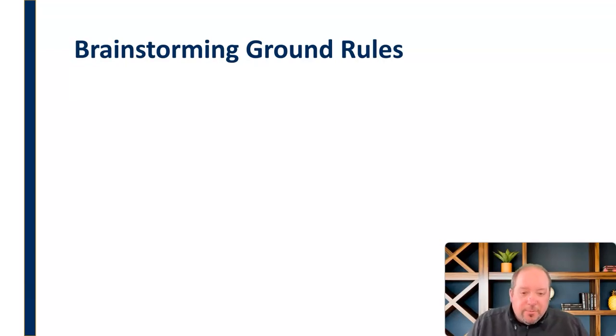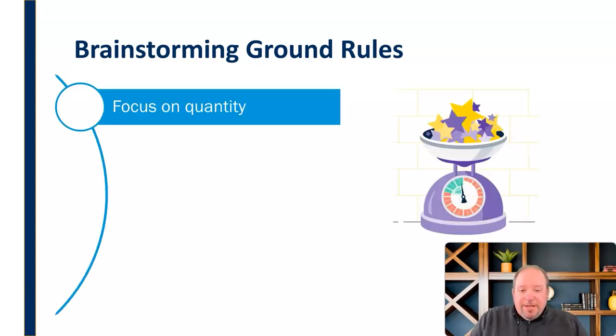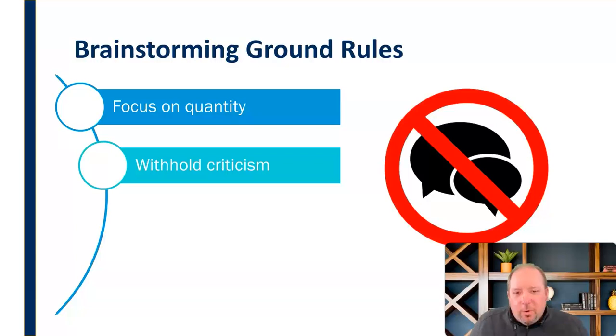It puts this framework in place for us to share ideas and go through this process. So the ground rules for brainstorming are, first of all, you focus on quantity. You worry about quality later, but at first you focus on quantity. If it's an idea, you put it out there. So we want as many possible options as possible in brainstorming. So you focus on quantity, not necessarily quality. When we're brainstorming, we need to remember as group members that we need to withhold criticism. When somebody throws an idea out there, we put it up on the board. We don't weigh it at that moment.